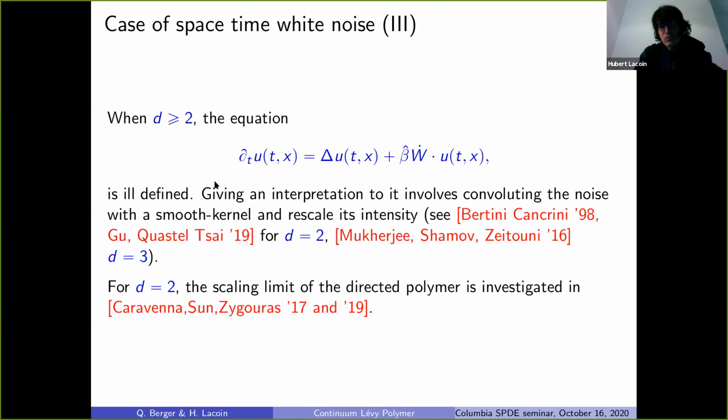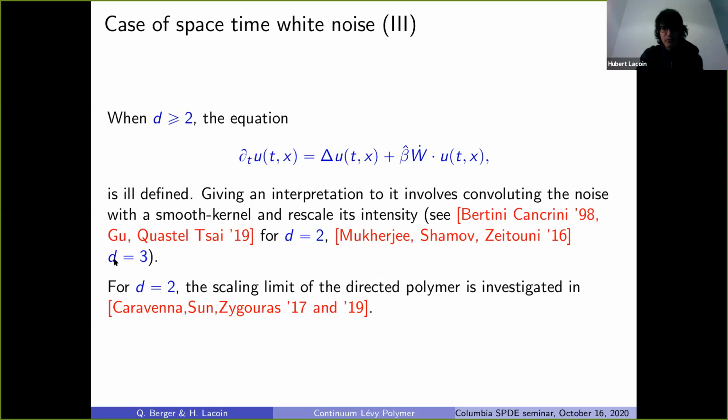And if you want to make sense of this, one way to do it is to convolve the noise with a smooth kernel and then, when you take the mesh of your convolution to 0, rescale the intensity of the noise to get a non-trivial limit. There has been some progress in this direction in dimension 2 by the following authors, and also